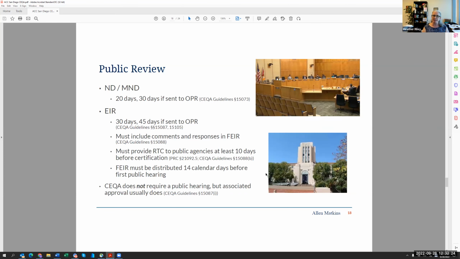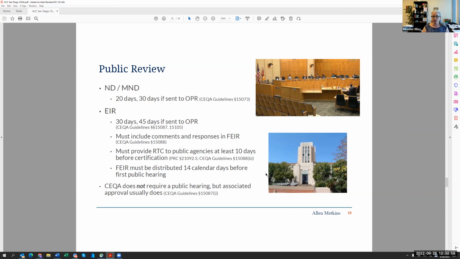Public review for an ND or an MND is at least 20 days, 30 days if you're sending your document to OPR, which, to be quite frank, almost everything goes to OPR now in an abundance of caution. So at least 30 days. An EIR gets at least 30 days, 45 if you're sending to OPR. It's only 15 days different. And as I said, if you can stomach putting the alternatives and the cumulative sort of analysis in your document, an EIR is a little more bulletproof, although I generally don't like that term because we can't make anything bulletproof. But an EIR is a little more comforting, I guess is a good way to say it.